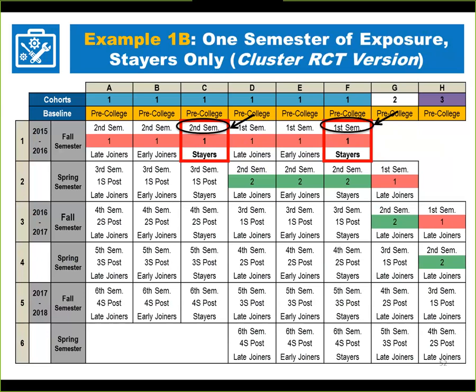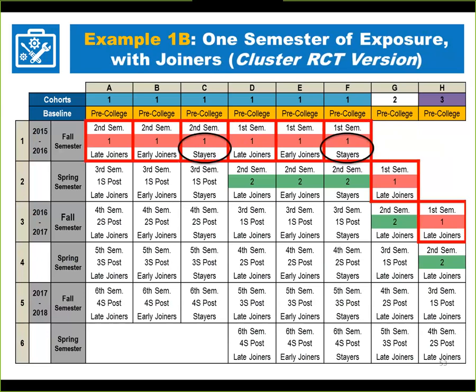Similarly, samples could be identified to include early and late joiners as well as stayers when examining outcomes for students with 1 semester of exposure. So you could expand to include joiners, and many more groups of students would be included, including those from cohorts 2 and 3. Or if you wanted to examine impacts on students with 2 semesters of exposure and also includes